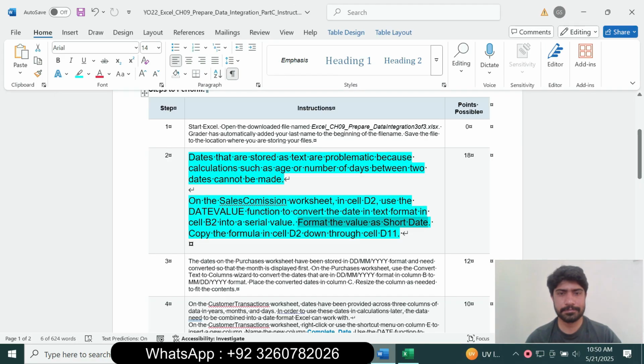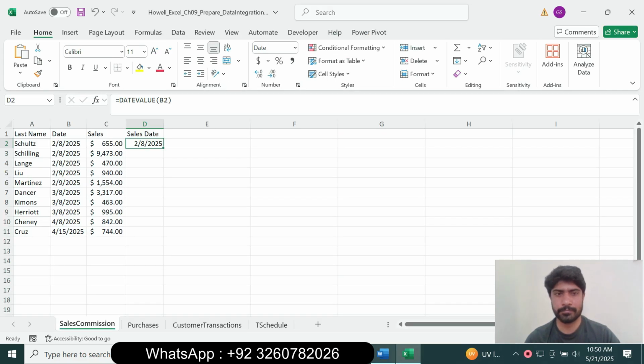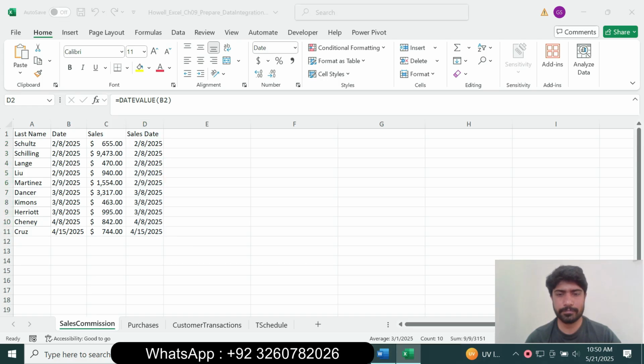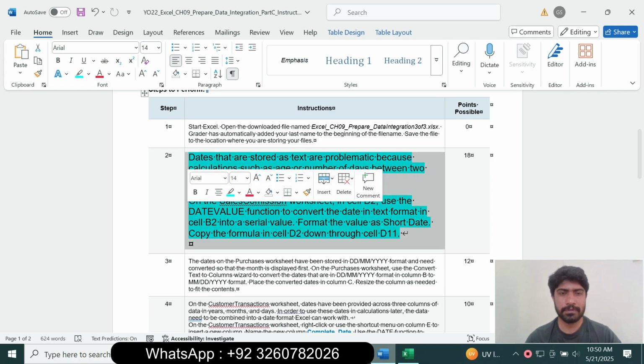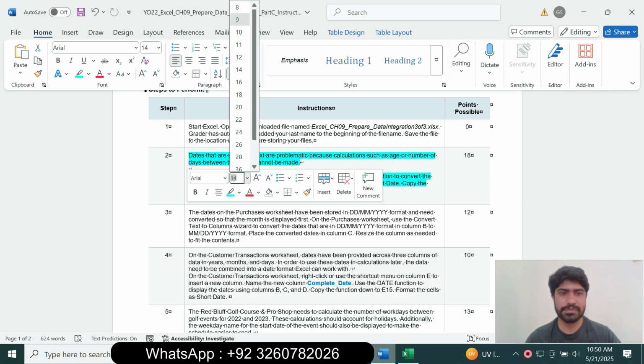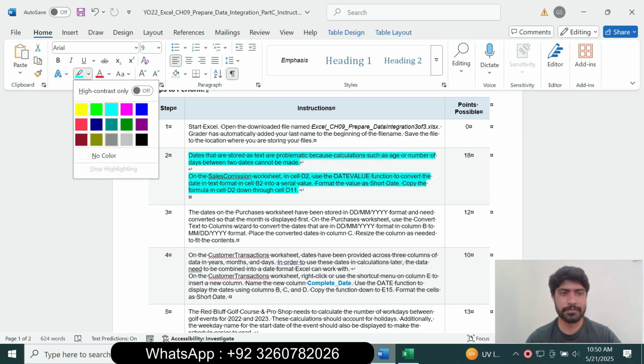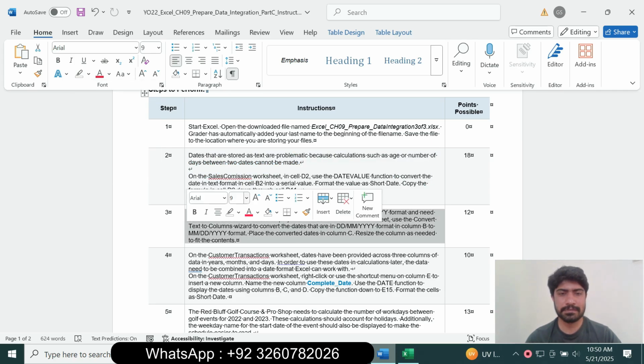And next is copy the formula D2 down through D11. So copy the formula D2 to D11. So question number 2 is complete. And we move to question number 3. So question number 3 is